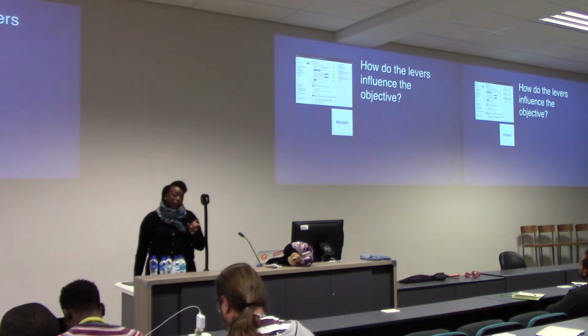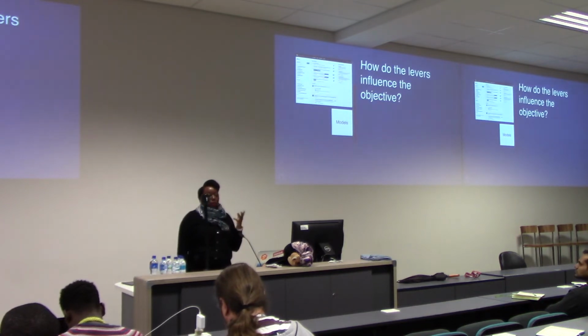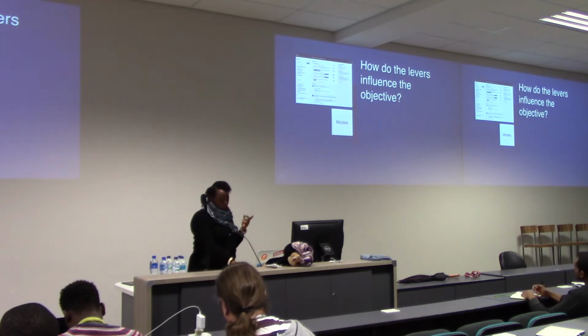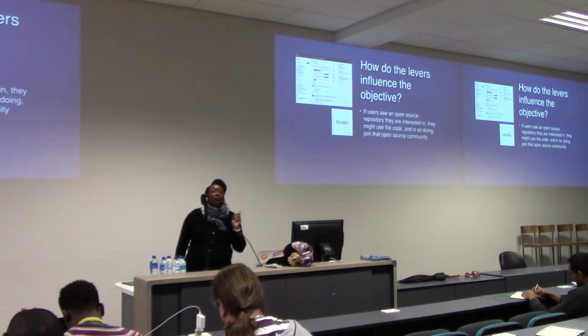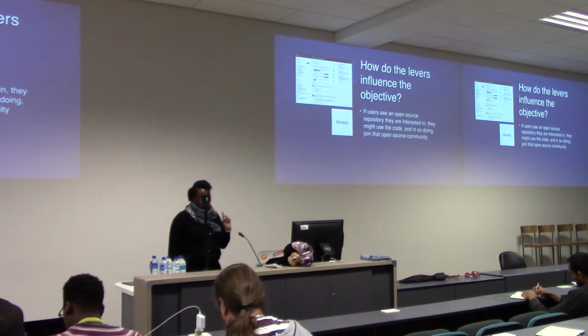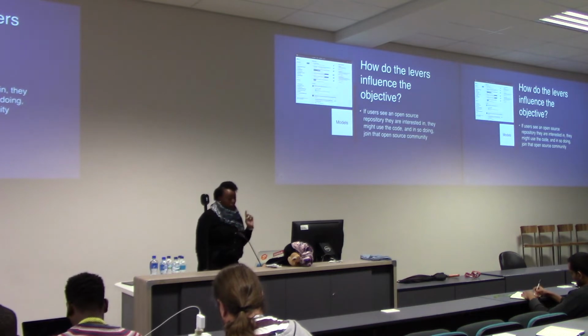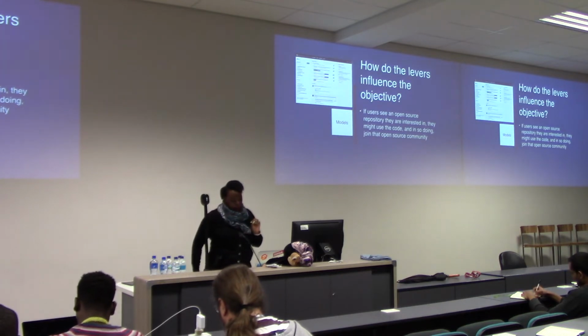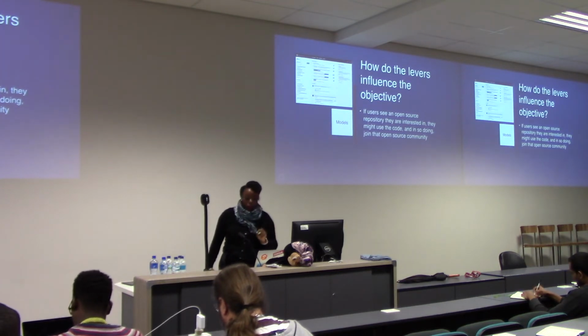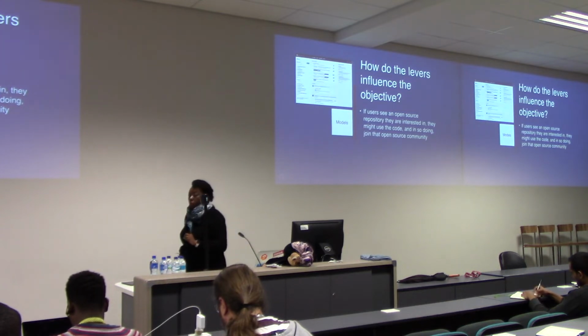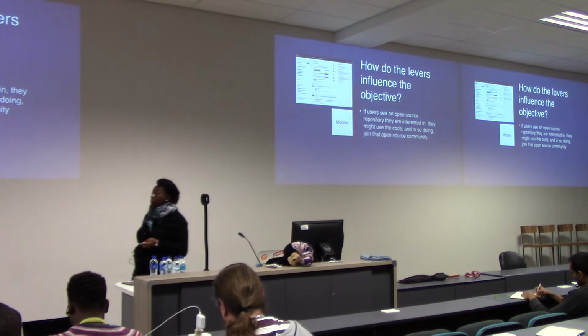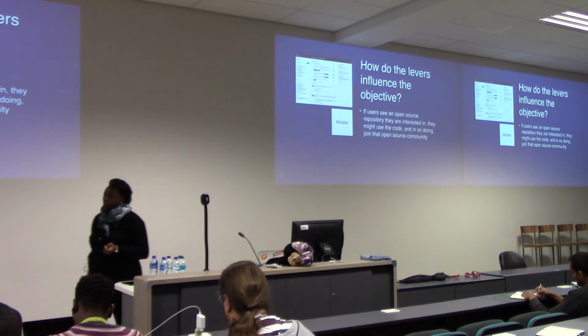And how do the levers influence the objective? So this is our lever. We're going to show something on your feed. How is that going to influence the objective? The hypothesis was, if users see an open source repository they are interested in, they might use the code, and in so doing, join that open source community. And we actually achieved this so good to the point that